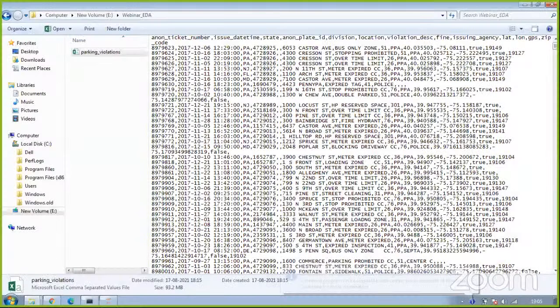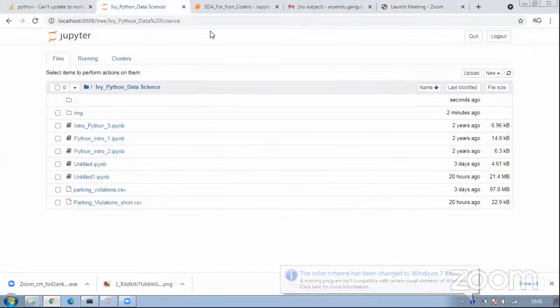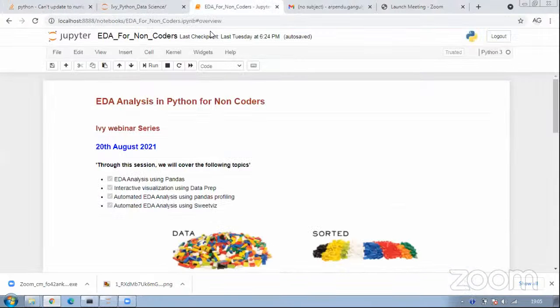So we'll not waste further of our time. Since it's a 1 hour session, let's really get started. I guess you are already aware of the agenda for this session, which is basically EDA, a very important topic in the data science world. Within this topic we will be trying to use Python from a non-coder perspective.